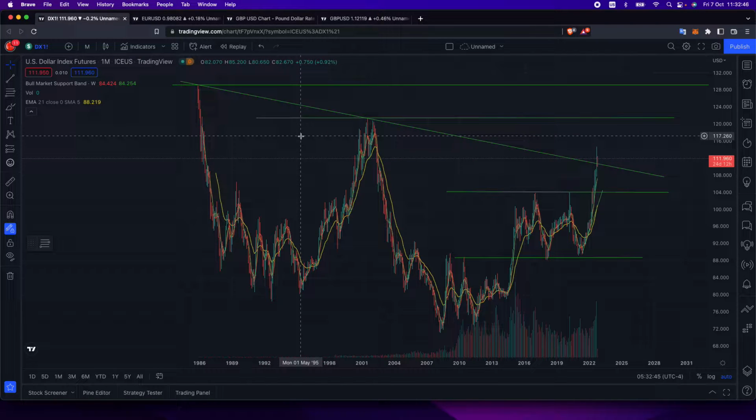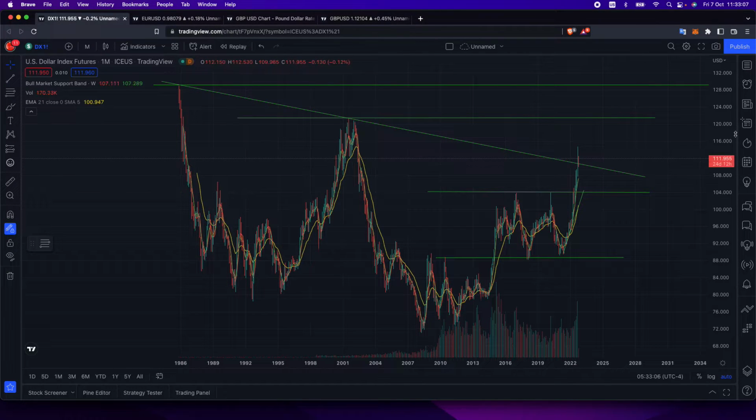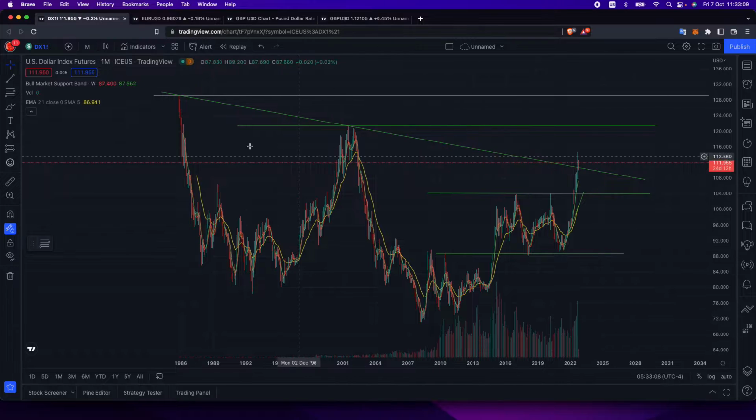I'm not too sure which ones they are off the top of my head, but I do know that the euro, I believe, makes up 58% of it. And then there is also the Swiss franc, the Swedish krona, the GBP, and well, like two more, I think. But anyway, the reason why this chart is very important to look at and to understand is because